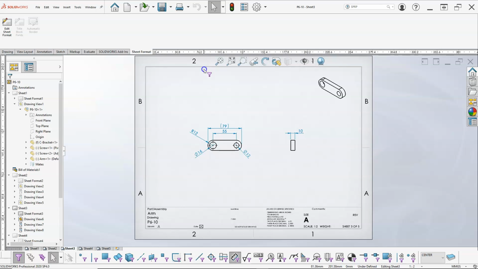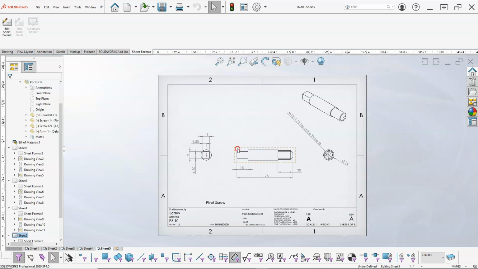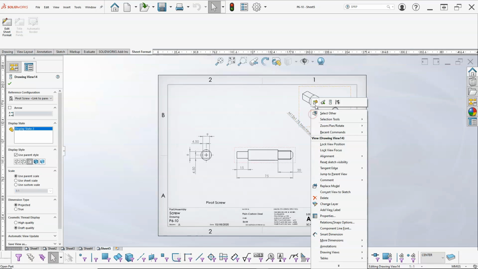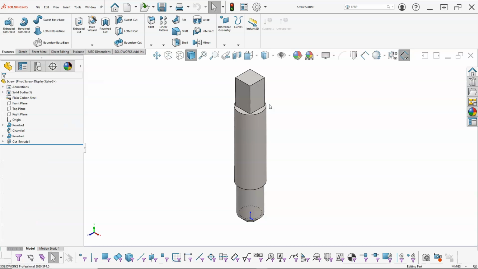Alright, so one of the things that we want to take a look at, and let's use the threaded fastener. Oh, I'm still in the filter, so F6 turns the filter off. We'll open up the part,